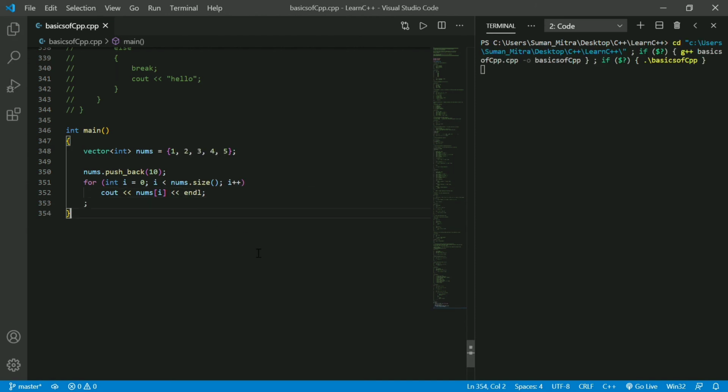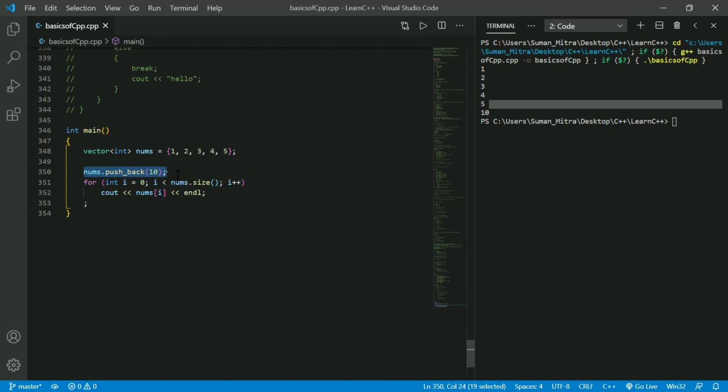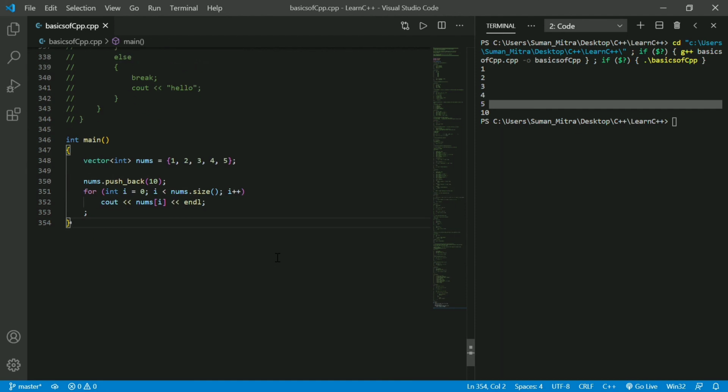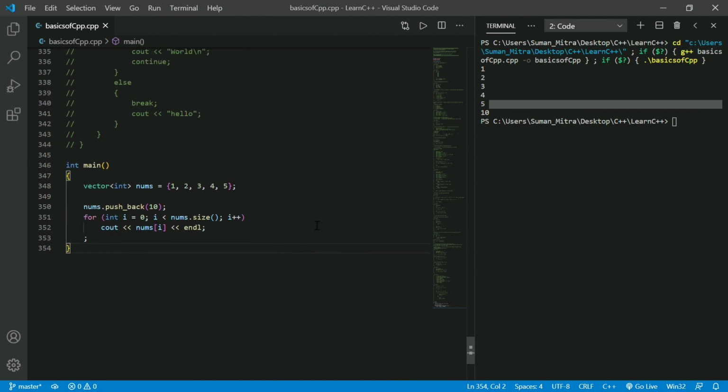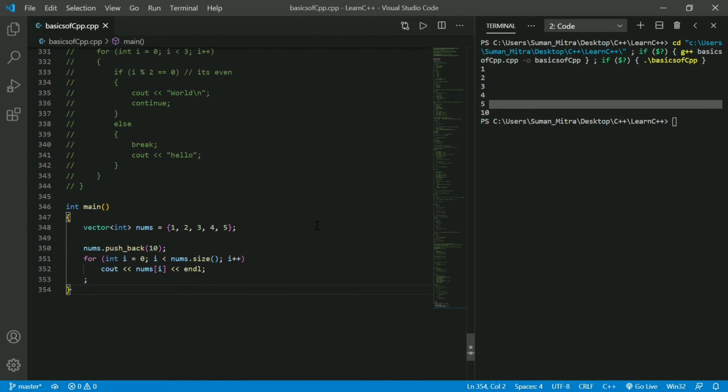Let's run it. You can see at the end there is 10, but earlier there was no 10. That's how you can push back into a vector. I hope you got the basic concept of vector. We'll discuss vector in more detail later, but it will be a very long video, so we'll discuss it in the next one. See you in the next.